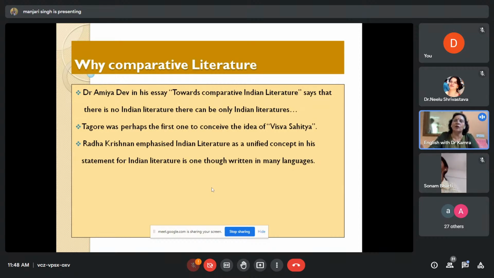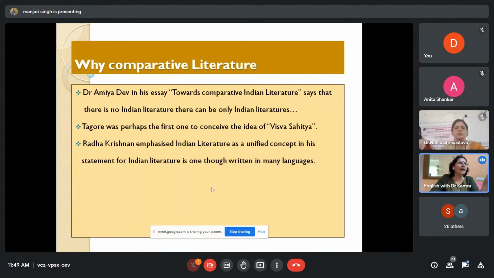They can only be Indian literatures because the Indian environment is perfectly congenial for the study of comparative literature. You hardly travel 200 to 300 kilometers and you have a different place with a different culture and different food habits, where every single institution stands different. For example, if I move from Raipur to Rajnandgaon, which is hardly 2 to 3 hours,